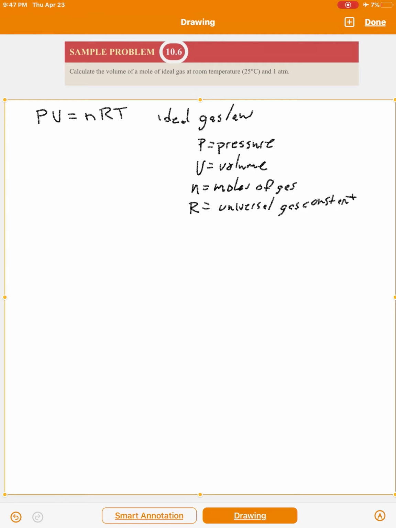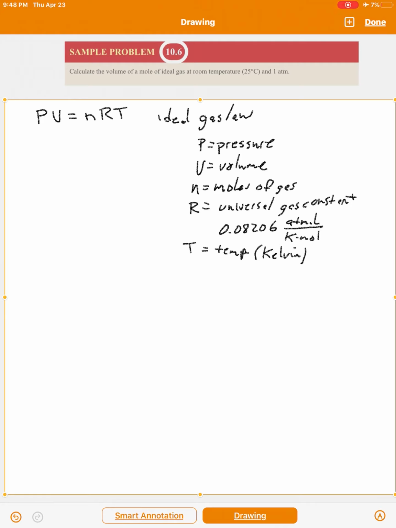And for our purposes, we'll use the value 0.08206 atmosphere liters per Kelvin mole. And T is the temperature in Kelvin. Again, this is a gas problem, so we're going to have that in the absolute temperature of the